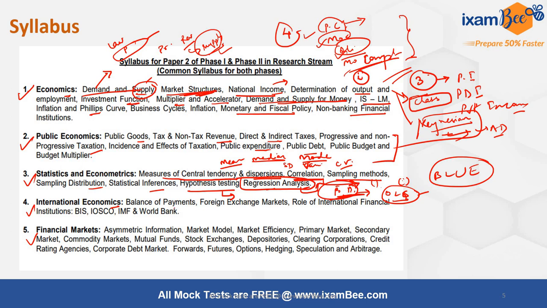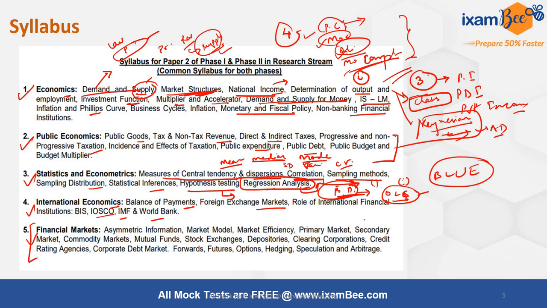Then under international economics, you need to be aware of balance of payments, then when is the BOP under deficit and when it is under surplus, the forex exchange markets, the role of various international financial institutions like the IOSCO, IMF, World Bank, and BIS. And the final leg of the syllabus is financial markets, where you need to know the